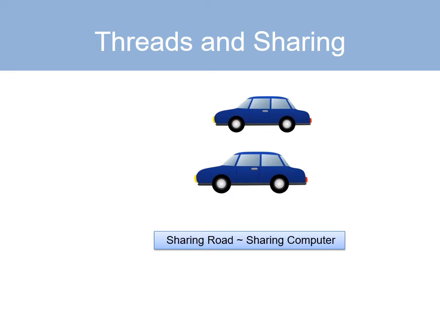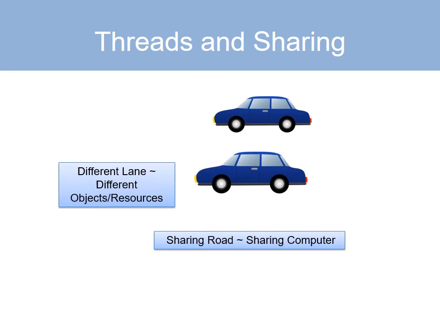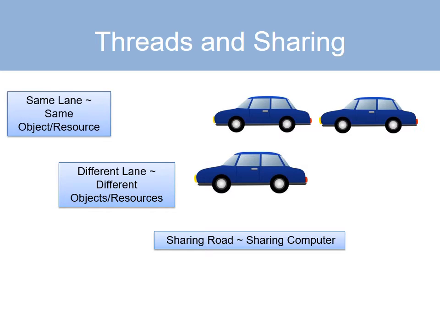Sharing a road is like sharing a computer. In these two cars, if you're in different lanes, then you're sharing different resources, so you don't have to worry about synchronization. For the same lane, you're using the same resource, so you have to worry about synchronization. You have to worry about not hitting the car in front of you, and more important, as we do in India, driving in the opposite direction. Okay, so